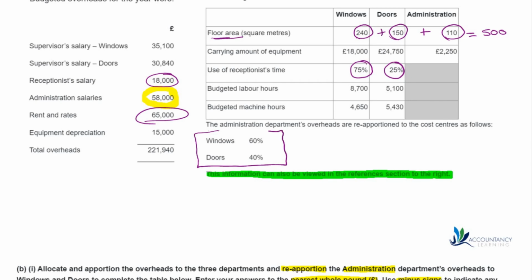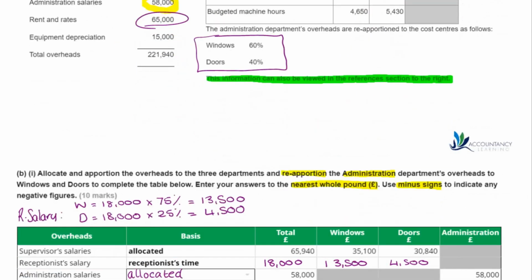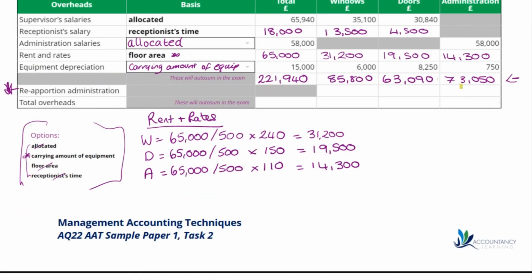So it's this bit here we're going to be looking at. 60% of the administration overheads are going to go to windows, and 40% is going to go to doors. So we're going to be using this figure here as our total administration overheads. So therefore, we are going to reapportion them by doing